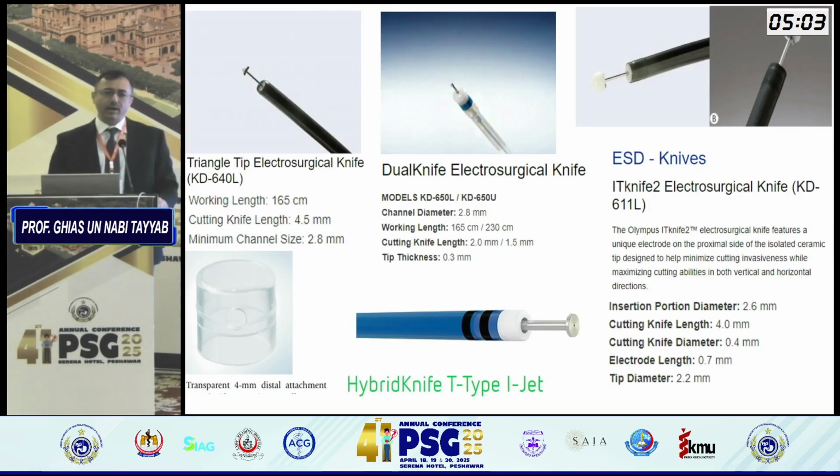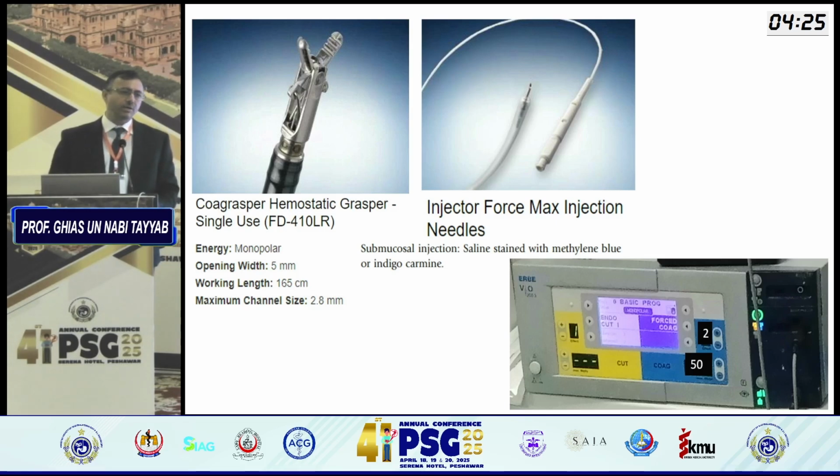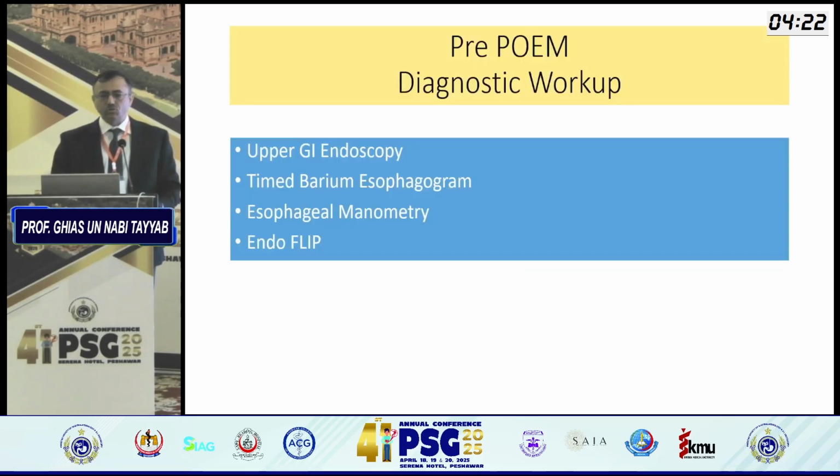So what are the instruments required? This is the list of instruments which are required in doing third space endoscopy. And these are not very complicated instruments. These are simple, straightforward instruments. I understand that there are lots of companies marketing them, and there has been an attempt in the country as well to make these instruments. Maybe right now they are expensive, but down the road, once these procedures are being done by more people, the availability of these machines and accessories is going to increase, and you'll be able to get them cheaper.